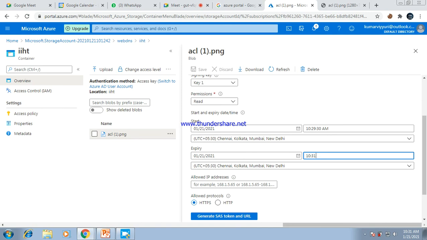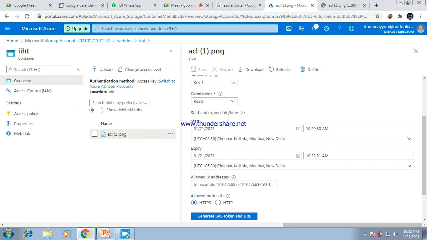It comes under that access only for that time. So the expiry time is 10:32.